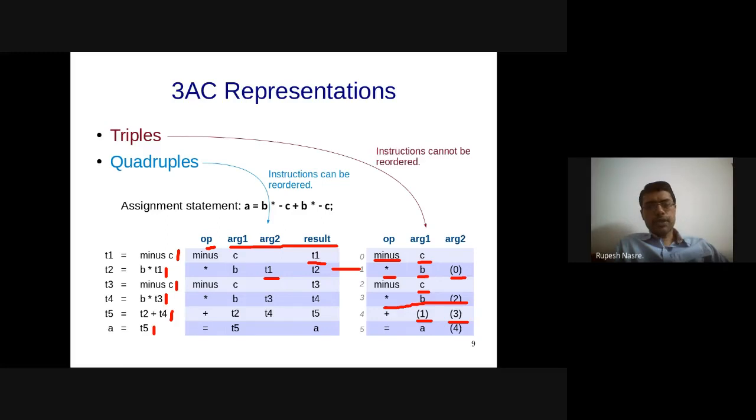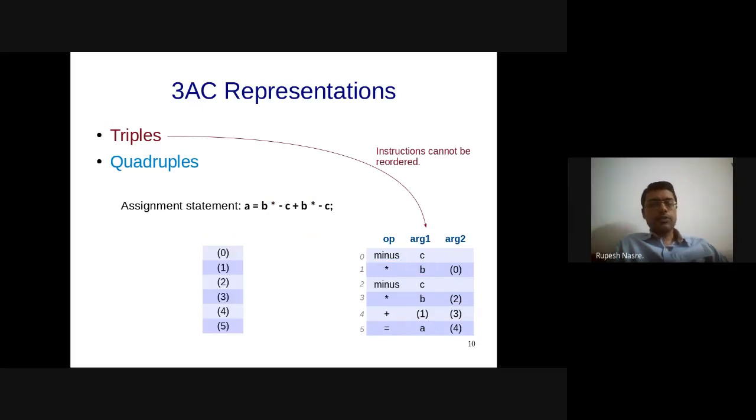So the instructions can be reordered, but it becomes difficult to reorder, right? So people have suggested different ways in which you can still allow reordering, and as that proverb goes, in computer science everything can be solved with another level of indirection. This can also be solved with another level of indirection, where you have a separate array which is an indirection array, and that points to what triple it is pointing at.